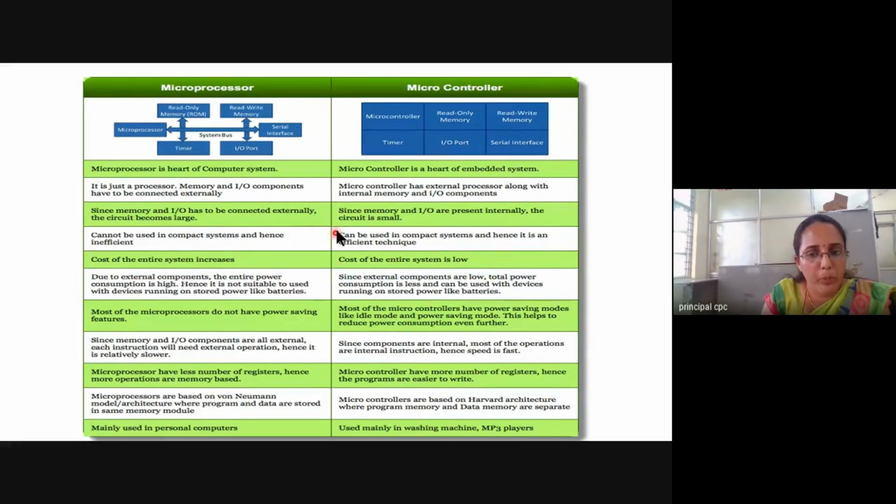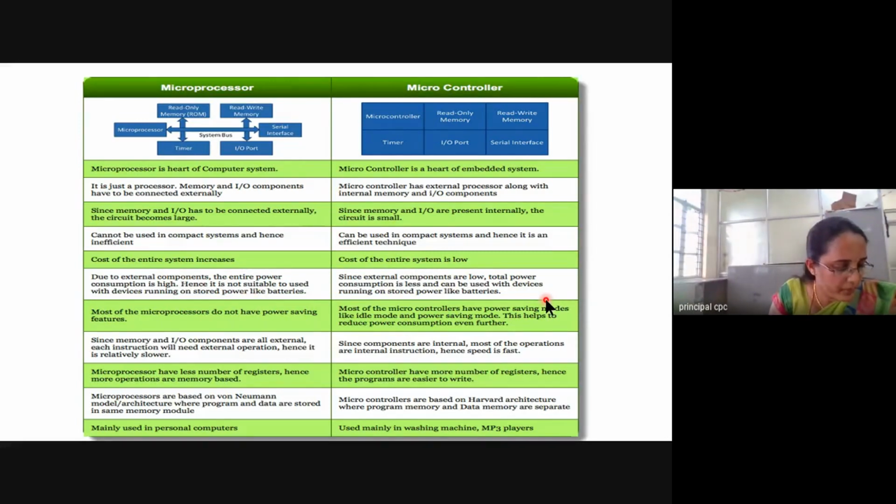All points or features are related to one concept: every component or peripheral is connected externally here, and here, every component is connected internally. You can realize that with this point, external and internal. Circuit is large, circuit is small, power consumption is high, and power consumption is low.